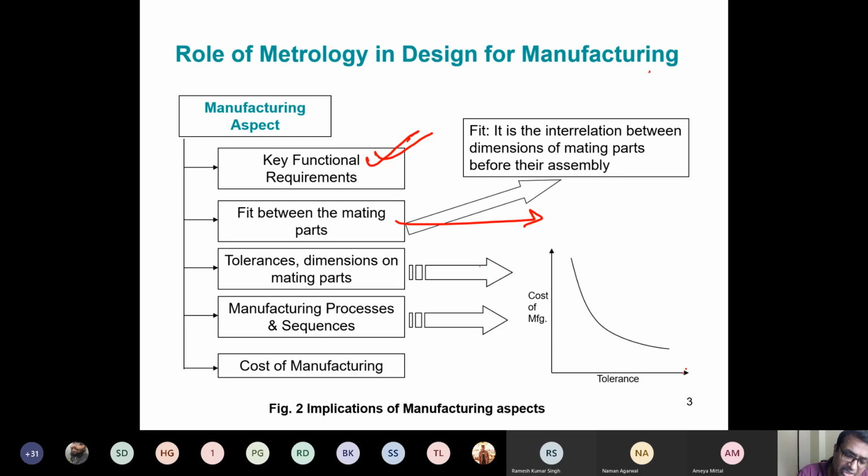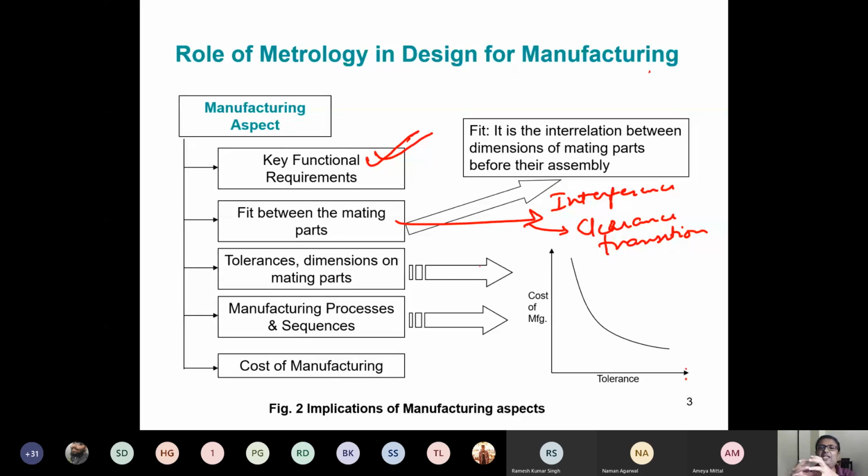So does the fit need to be interference, clearance, or transition? There are three kinds of fits. Then you have to give